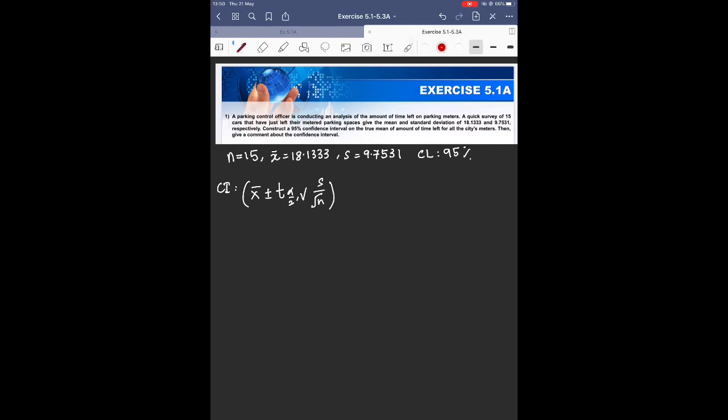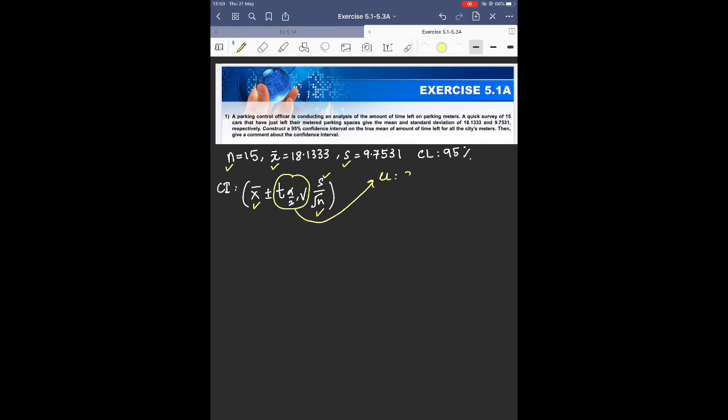Alright, so now let's check the formula. Do we have the x bar? Yes. Do we have the s? Yes. Do we have the n? Yes. So we don't know this one. T alpha over 2? No. So from here,